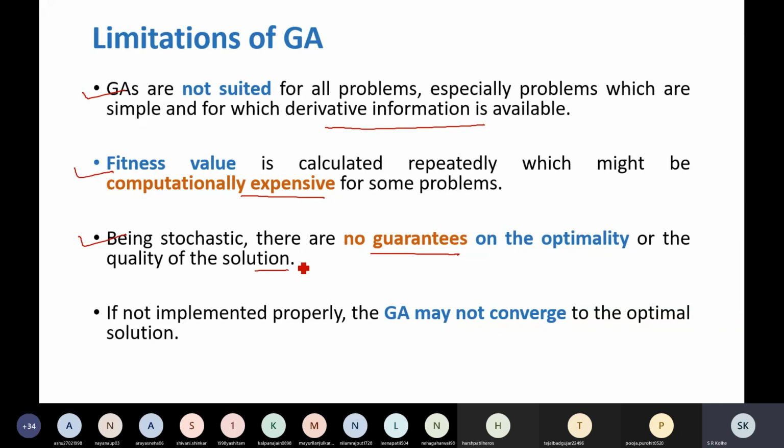Similarly, in mutation also randomization is there. Which bit or which position you are going to select is also done randomly. So therefore it is stochastic in nature, and because of that, it is not necessarily always guaranteed to give you the optimal solution. And finally, if it is not implemented properly, it may not converge.